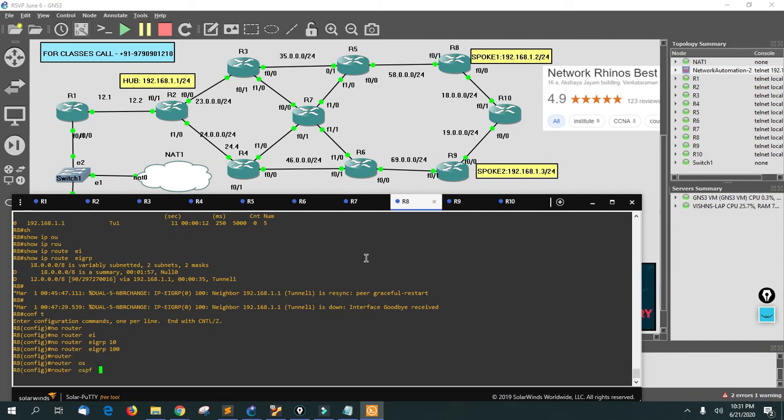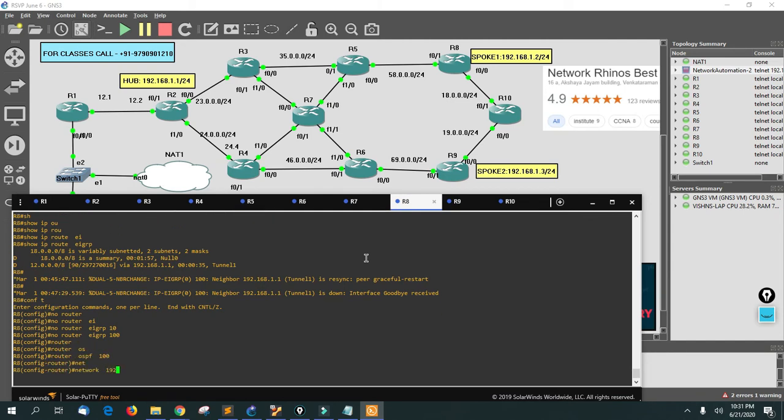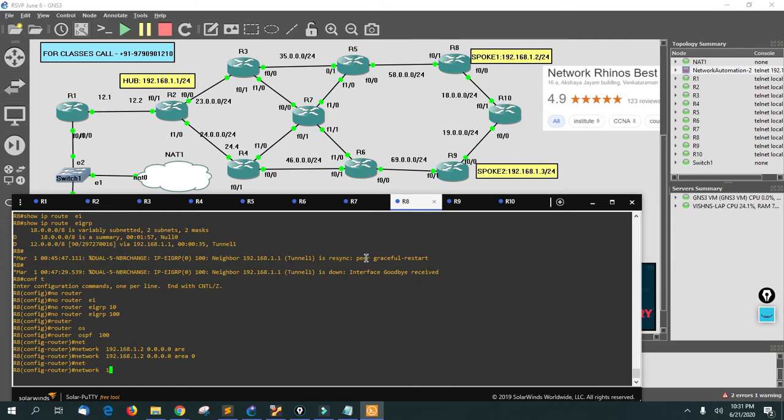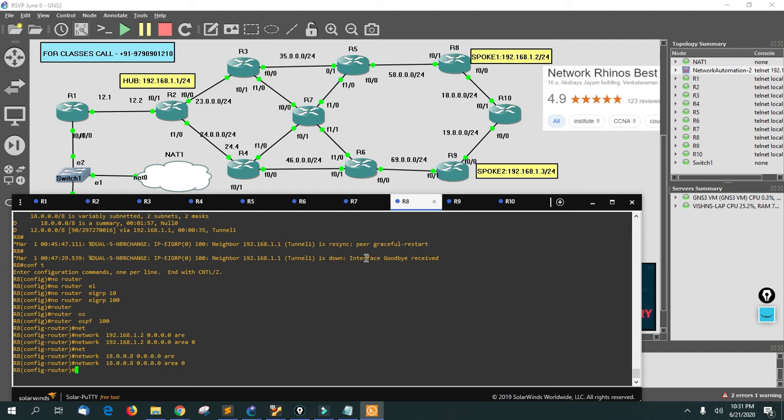Router OSPF 100, network 192.168.1.2 0.0.0.0, area 0, network 18.0.0.8, area 0. That's cool.